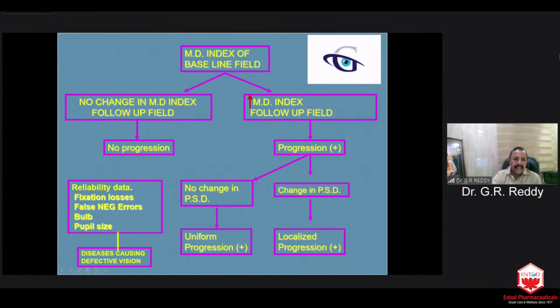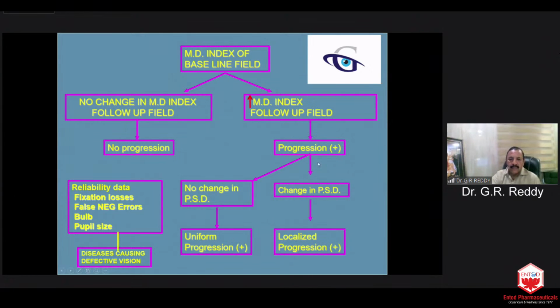Always see that the change in mean deviation is not due to fixation losses, false negatives, the bulb, or the size of the pupil. You have to consider all these factors and other diseases causing defective vision, maybe cataract or any macular pathologies, diabetic retinopathy, macular CSMEs, or CNVM. All these things you have to eliminate, and you have to assess that this change in mean deviation is purely